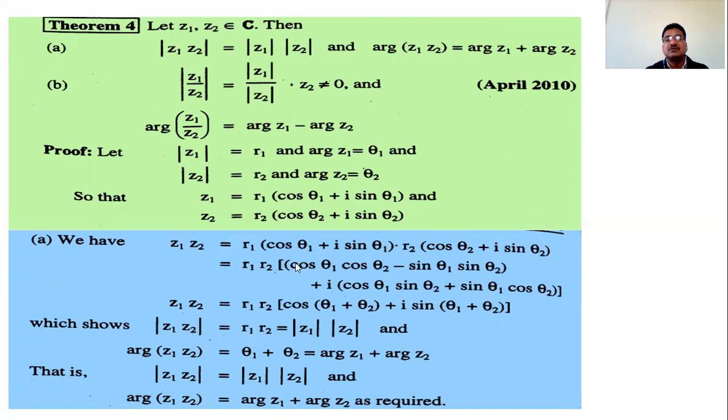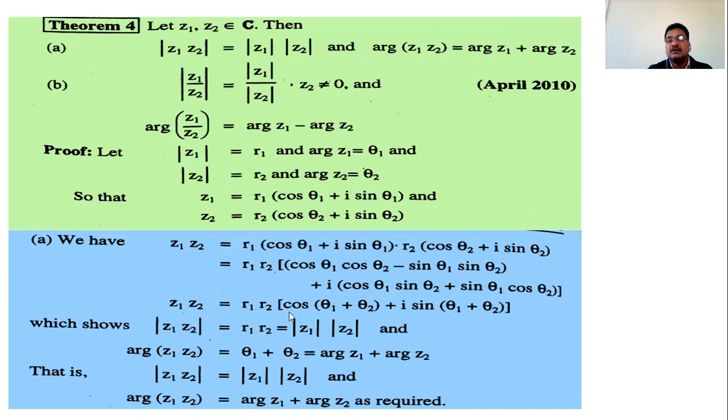Take i as common. So write one more step, that first write multiplication of these two brackets. We have four terms. What are they? Cos theta1 cos theta2 plus i cos theta1 sin theta2, and then i sin theta1 cos theta2, and the last term is i square sin theta1 sin theta2, and then write i square as -1. We have this as a real part, and this is the imaginary part, that is the coefficient of i. Remaining two terms, take i as a common factor. So this is the z1 into z2, and therefore z1 into z2 is r1 into r2 times cos theta1 cos theta2